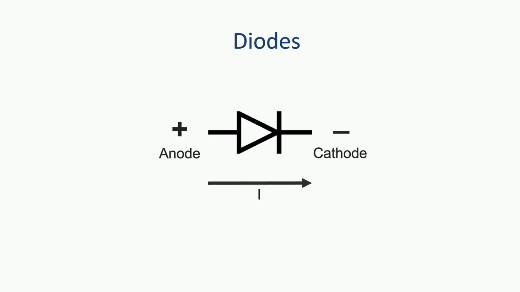A diode is a semiconductor device that allows a current to flow in one direction only, from the anode to the cathode. In the figure, you can see the representation of an ideal diode. When the voltage at the input side is higher than the voltage at the output side, a current will flow in the direction of the output. Let's see this in an example.